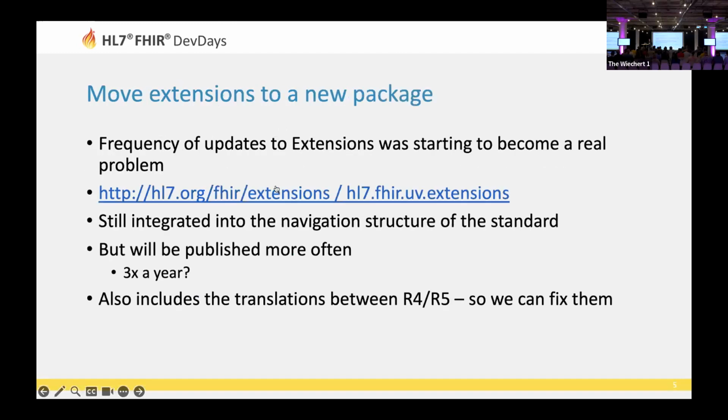Another big change that we made in release 5 is that we moved extensions to their own package. So in prior releases, up to release 4, we defined a whole bunch of extensions, like the global extensions that everybody can use anywhere, in the base specification itself. And we just went ahead and used them. But if you look through HL7 implementation guides, you'll increasingly see extensions cloned all over the place. Exactly the same extension, exactly the same definition, copied and put into a new implementation guide with a new URL, even though it's exactly the same thing.